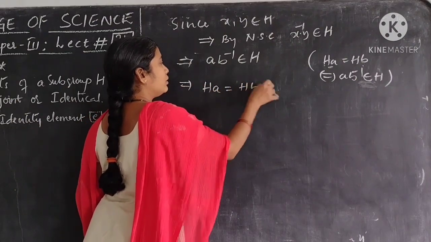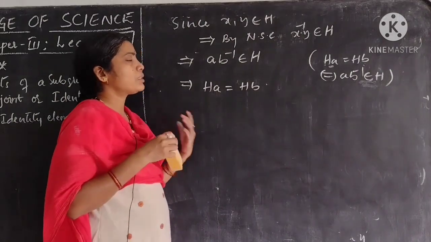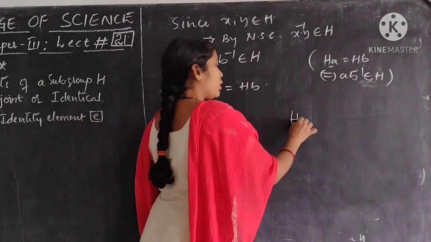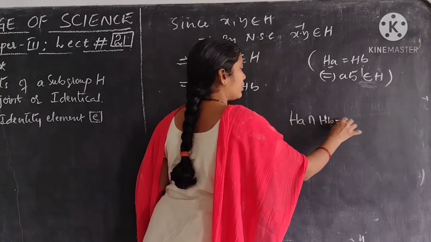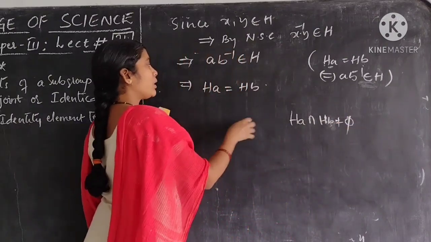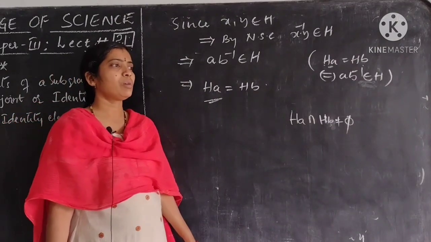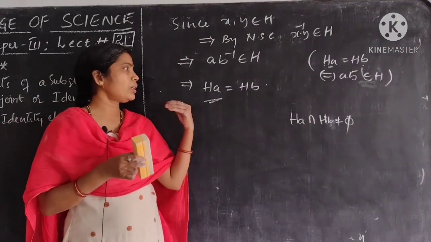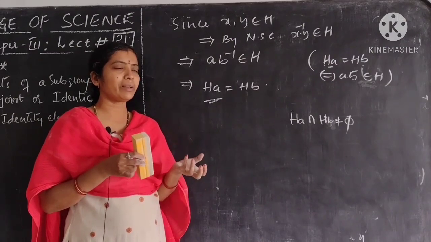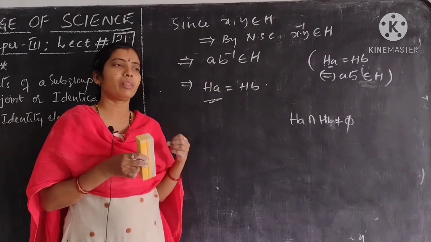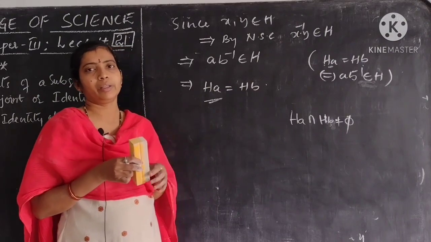So, what happens in case 2? We consider that they are not disjoint cosets. That means HA and HB have common elements. Then we can confirm that they are identical. So, from case 1 and case 2, we can conclude that by considering any two cosets of a subgroup, they are either disjoint or identical. Right.